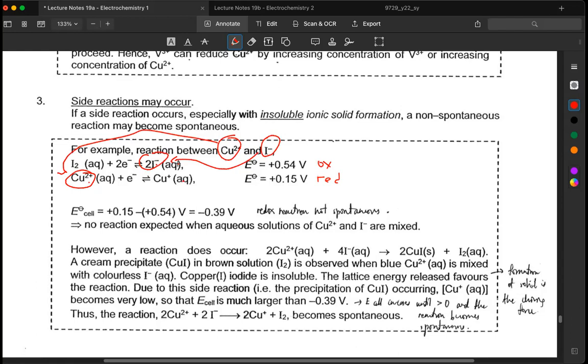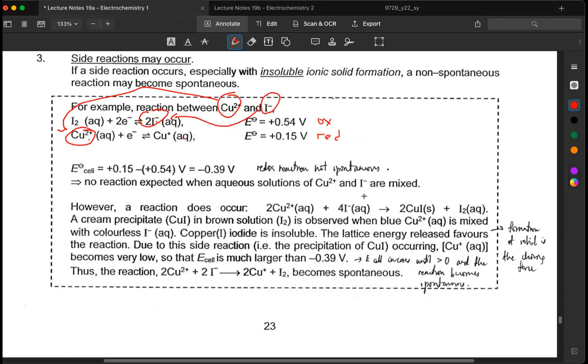But in some cases, like this, you form copper 2 iodide, which is a cream precipitate in brown solution of iodine. Why is that still a reaction? Because copper 2 iodide is insoluble. So what happened is that the lattice energy is released. Lattice energy is when the gaseous ions react together to form the product. So the energy release will favor the reaction because there's energy release from the ions coming together to form